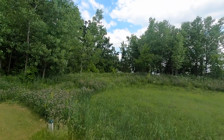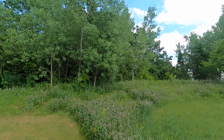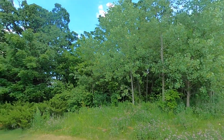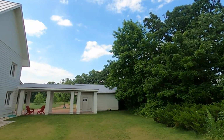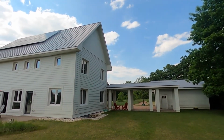A lot of Wildwood is being preserved for natural habitats, so we have a lot of woodlands that are being preserved. That is not even a lot there, that's just deep woods that you're able to hike through and experience true nature here. You see, we're standing in the turf zone here, which is one of the few areas of turf